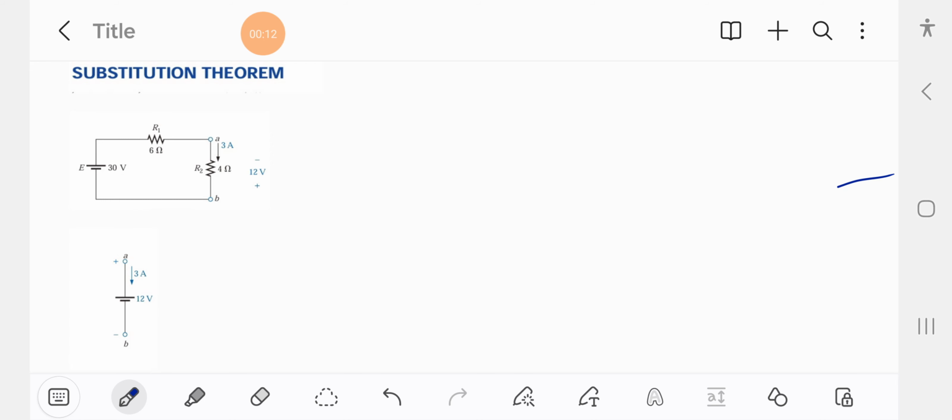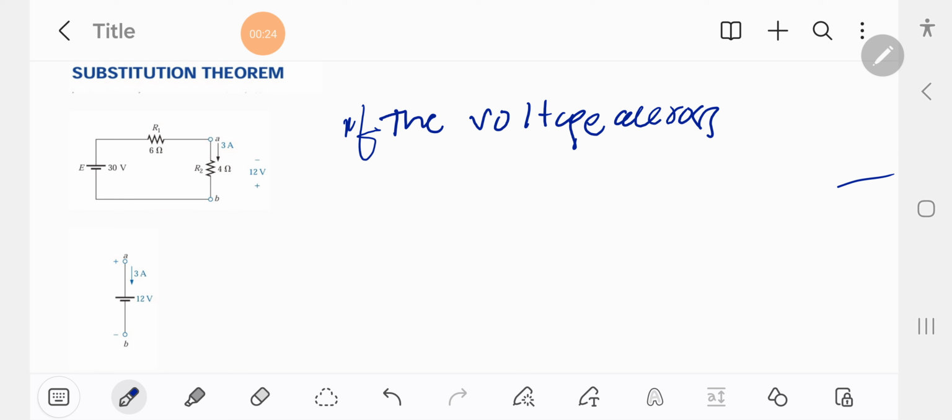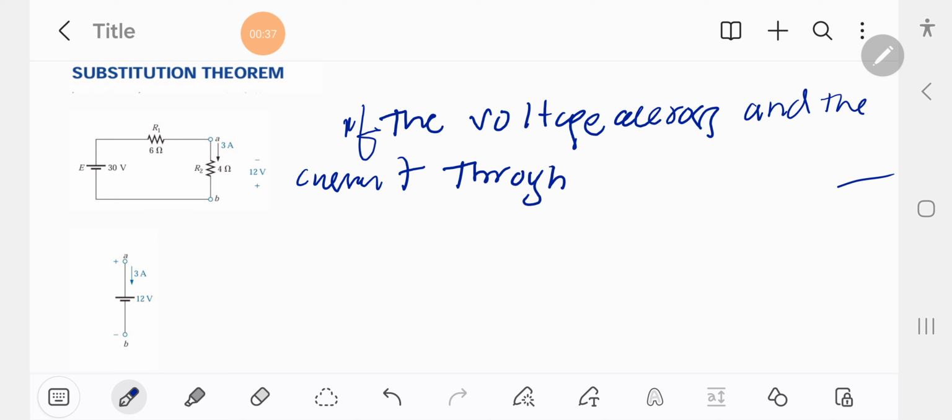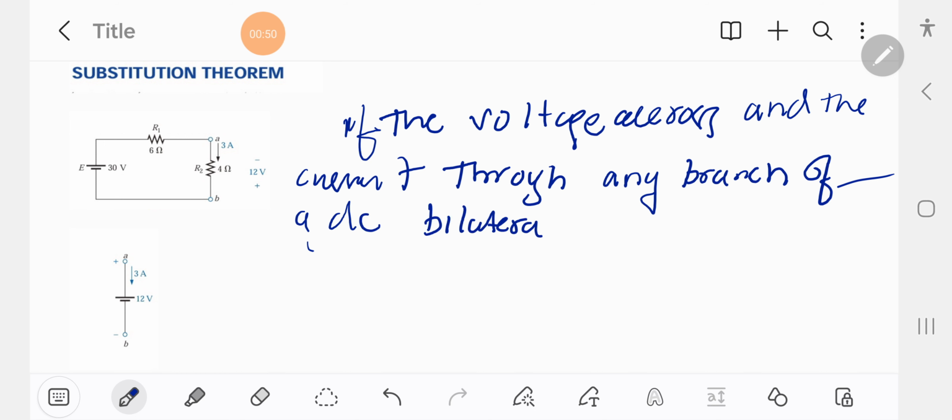If the voltage across and the current through any branch of a DC bilateral network are known,